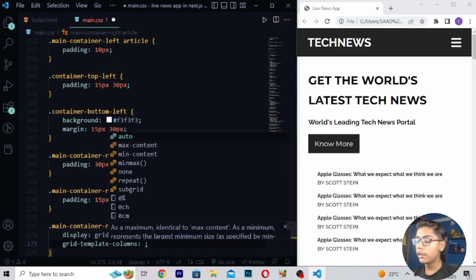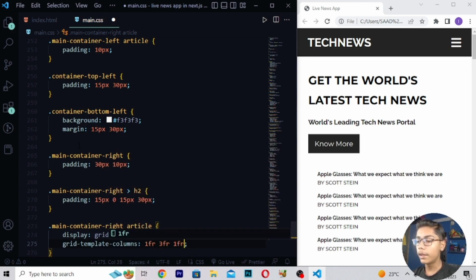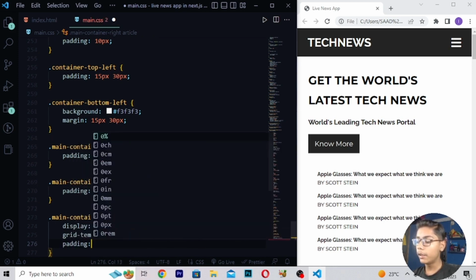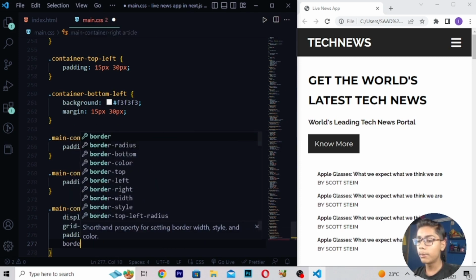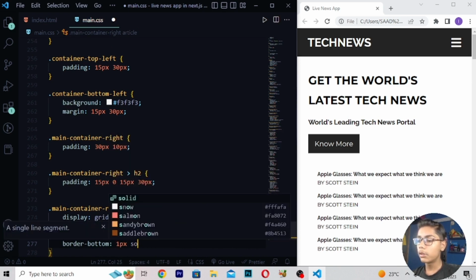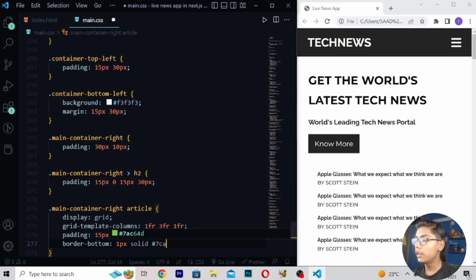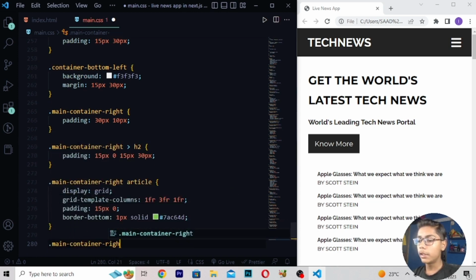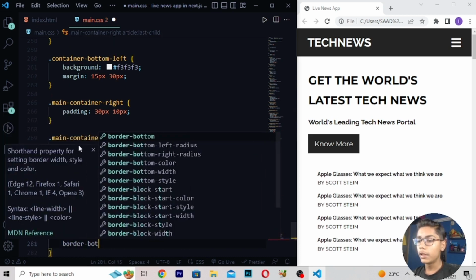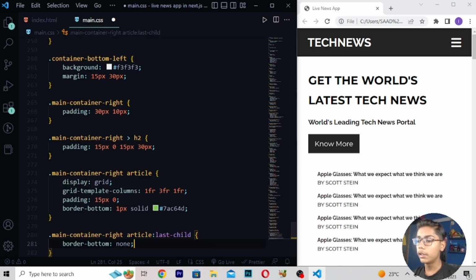columns, and then I'll be writing 1fr, 3fr, 1fr. Then here I'll be writing padding 15 pixel, 0. So when you've written this, here I'll be writing border-bottom 1 pixel solid, 7AC. Then when you've written this, here I'll be writing 6 4D. Now you have to move down, main-container, article, and then last-child like this. Now when you've written this, here I will be moving down, border-bottom none like this,